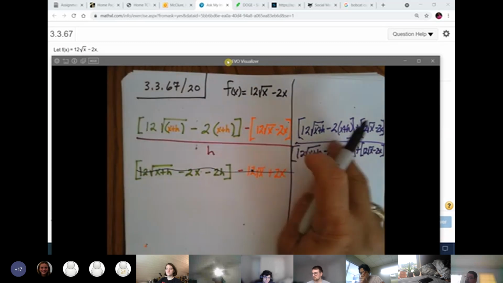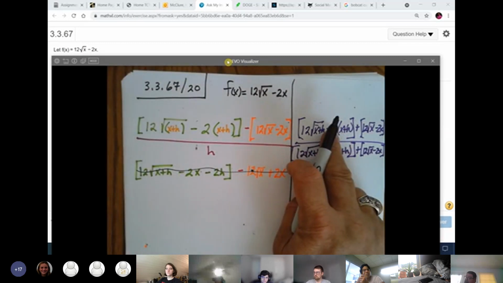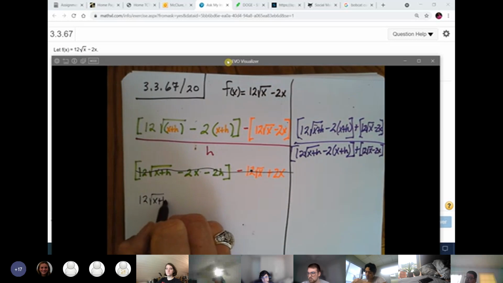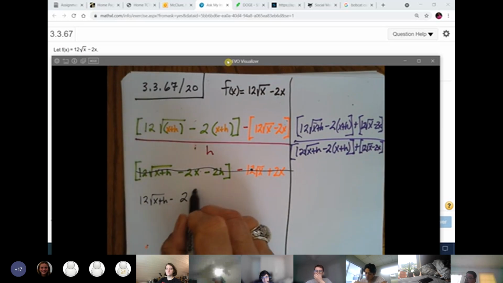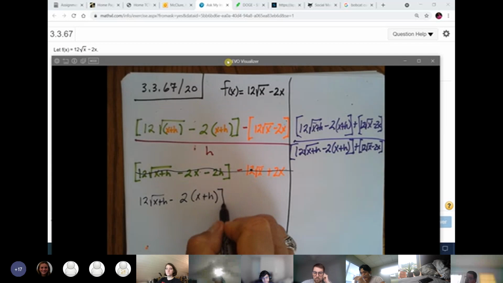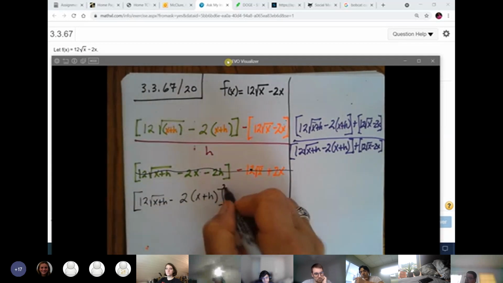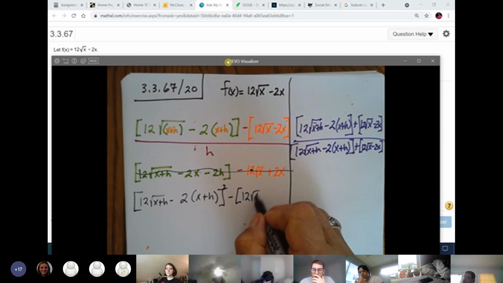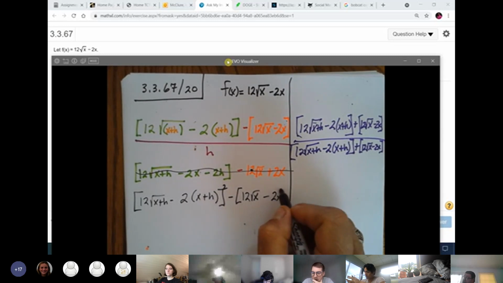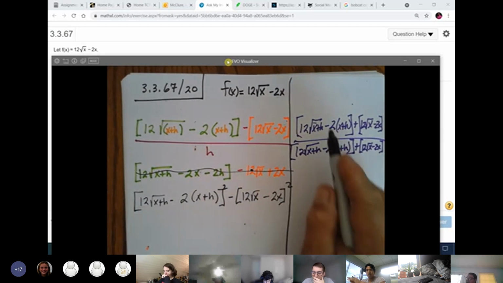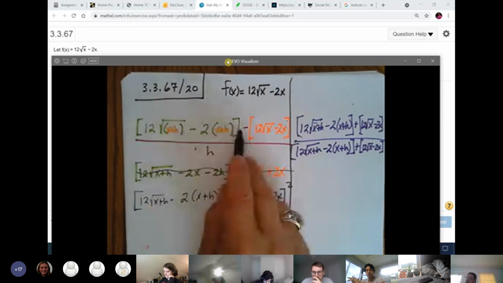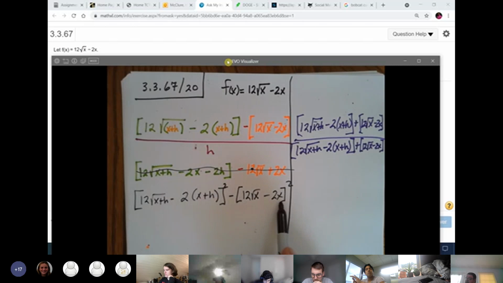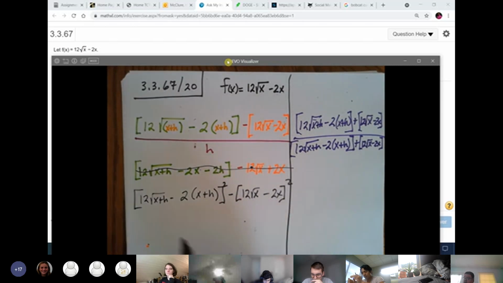So that plus this is going to give you 12 square root of x plus h minus 2 times x plus h raised to the second power minus 12 square root of x minus 2x raised to the second power. A plus b times a minus b is equal to a squared minus b squared, all over